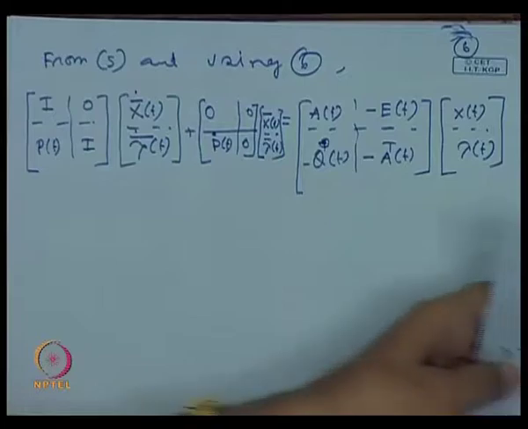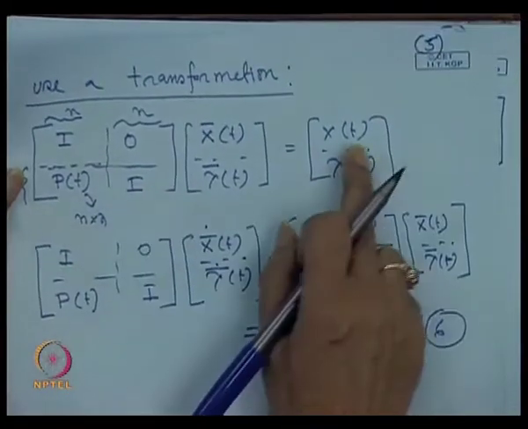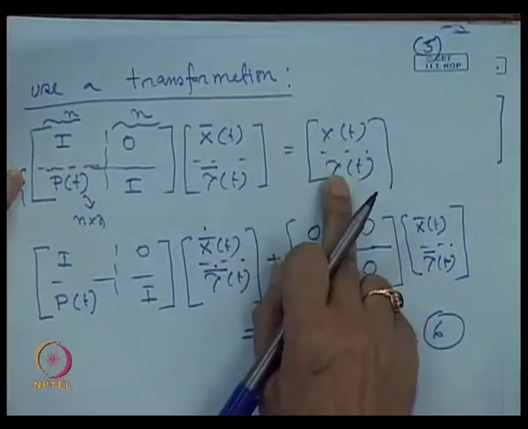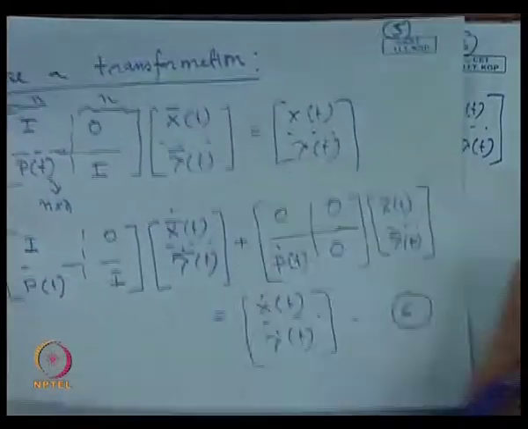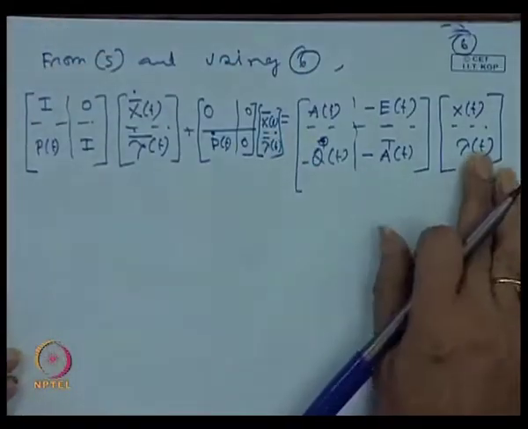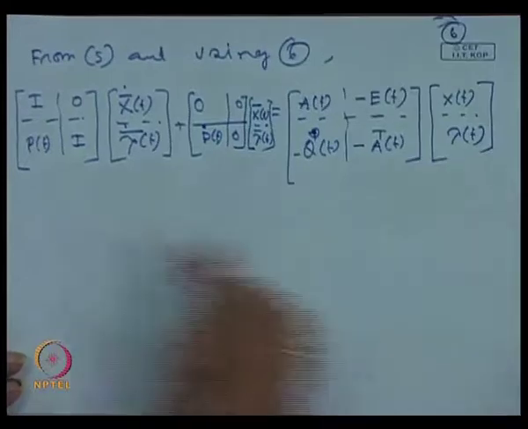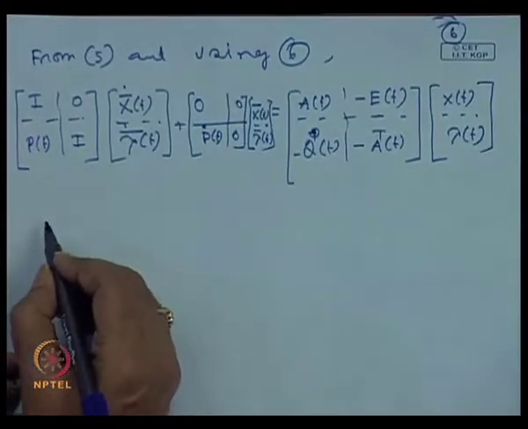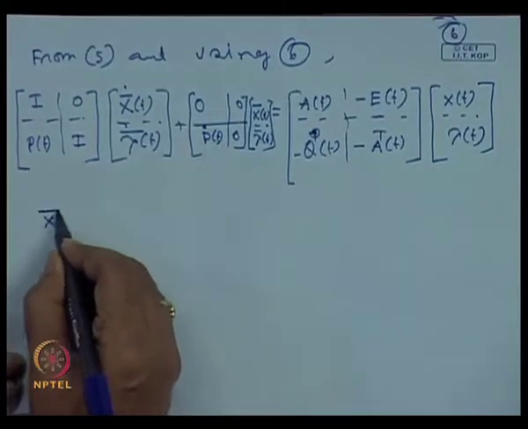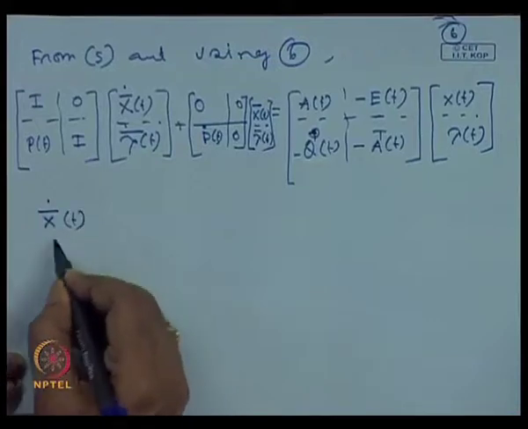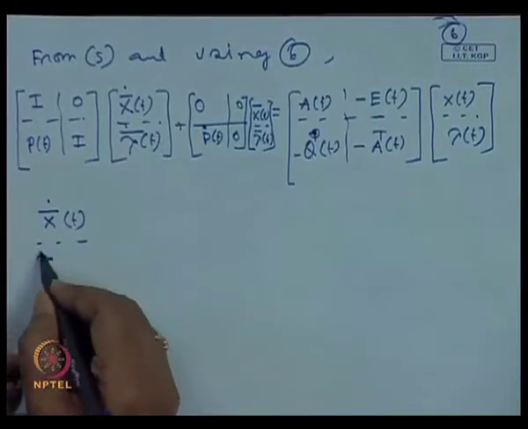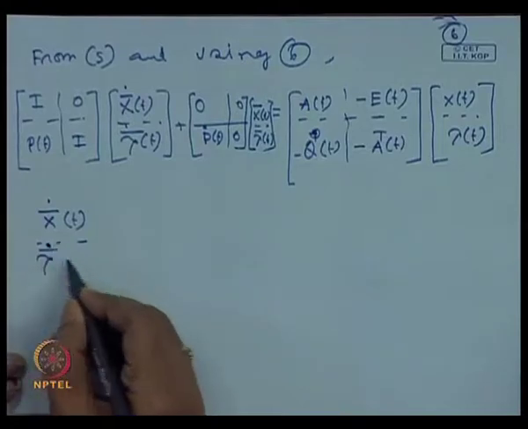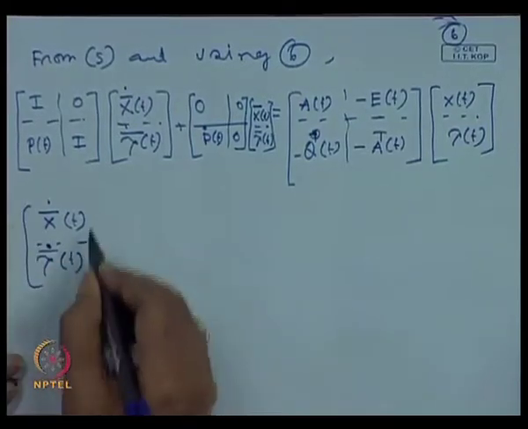So, replace x of t, lambda of t by this one in the right hand side, and ultimately after simplification we get x bar dot of t, lambda bar dot of t is equal to